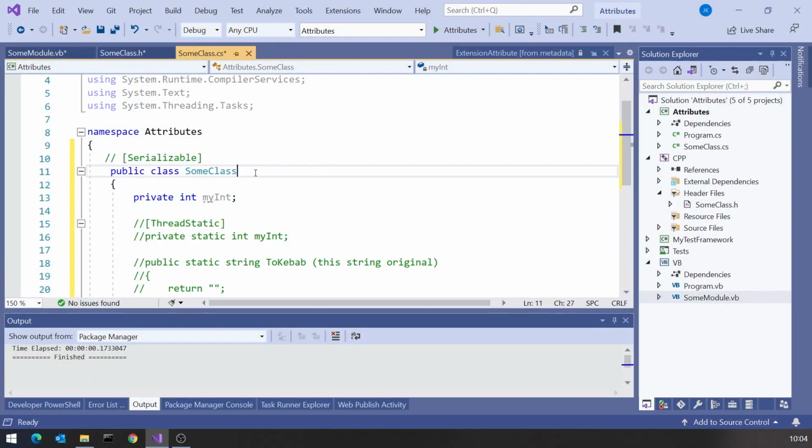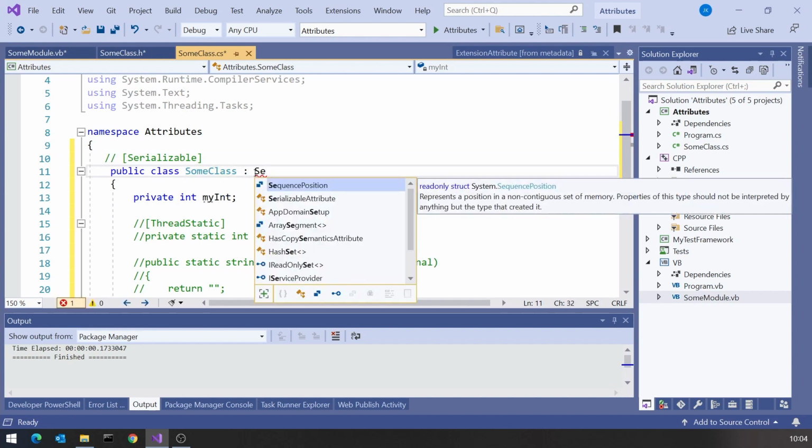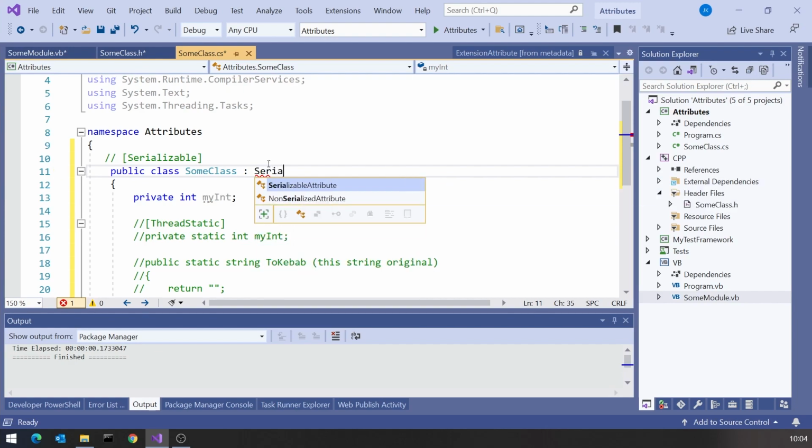But the original version of Java didn't have these annotations, and what it used to indicate something was serializable was what's actually known as a marker interface. And so what you did in Java was you would implement an interface called Serializable. Java doesn't use I to indicate an interface as a naming convention, so it's just called Serializable, but it didn't have any content at all.